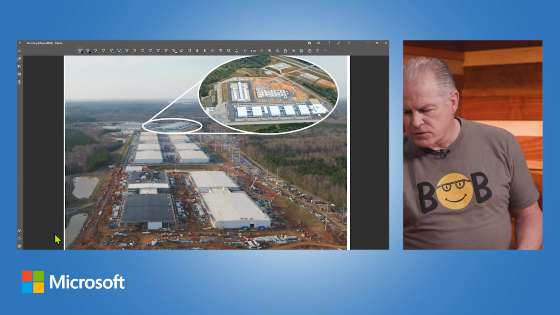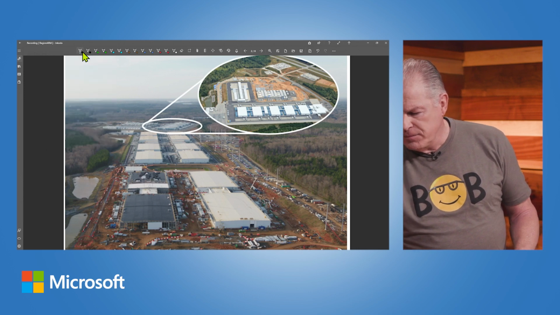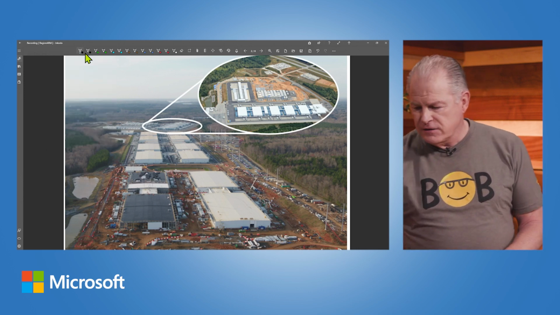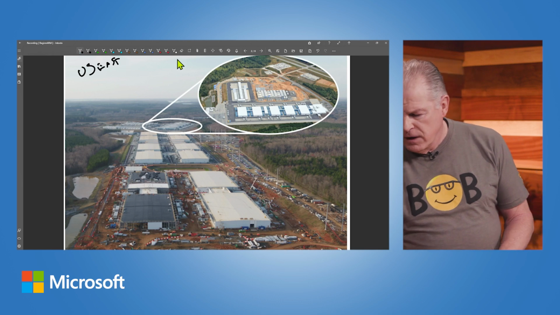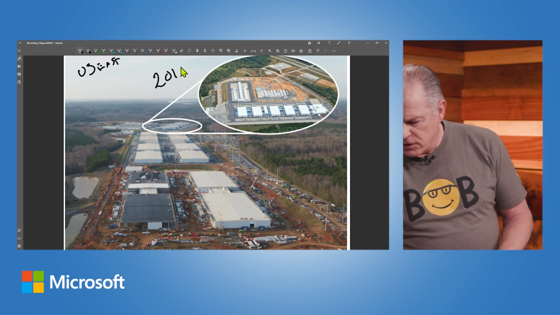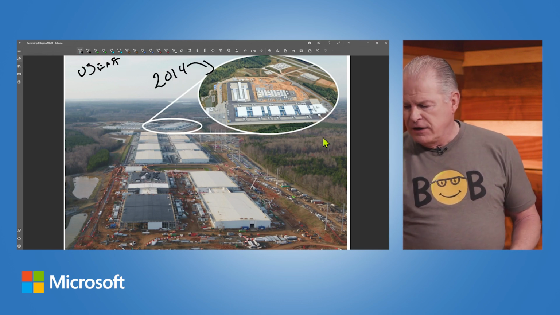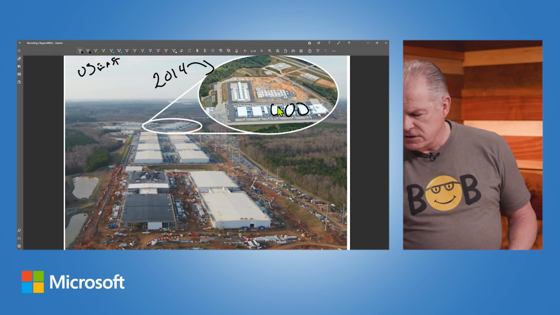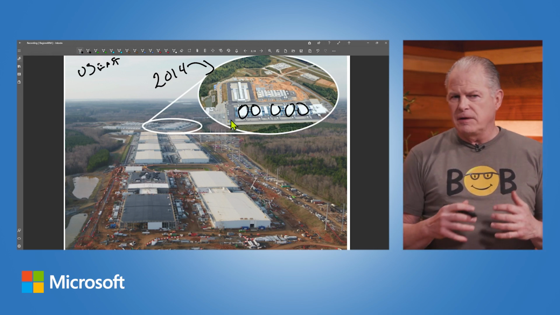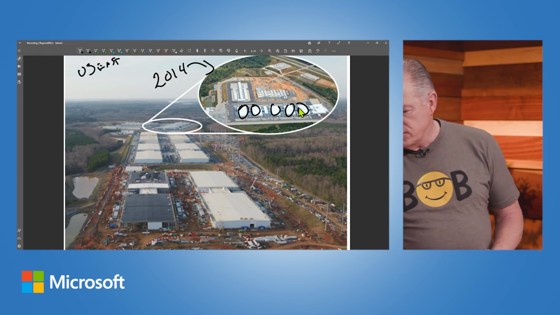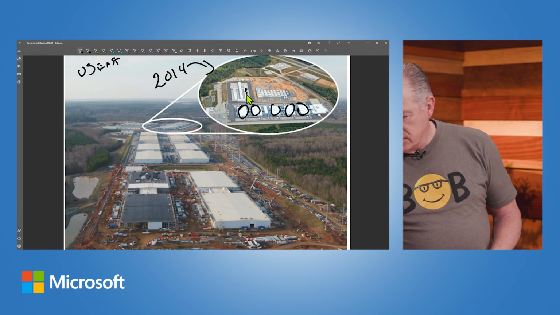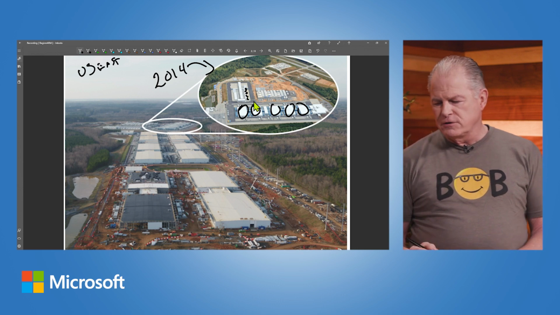So what you're seeing on the screen is an example of a region. In fact, this is US East, which is probably one of our largest regions. The top bubble you're seeing was what it looked like in 2014. And you can see the number of data centers that we have. And you also see a bit of the generational change that's happened with the data centers over time. These were our Gen 1. What you see is a whole bunch of smaller ones here. These were our Gen 2.